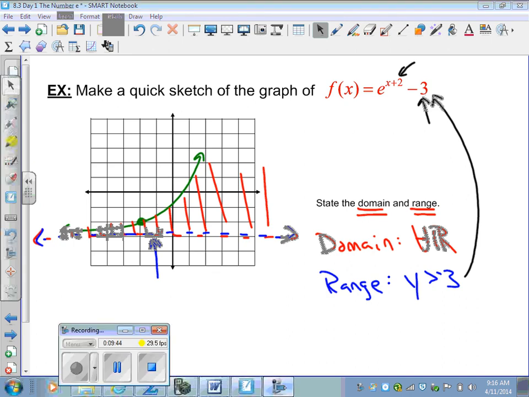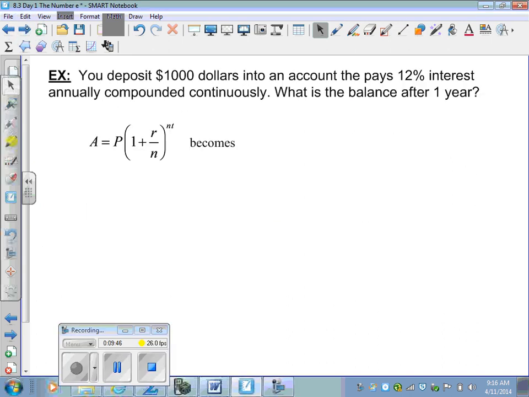Okay, so let's look at 2 application problems. We'll do one at a time. So let's say we deposit $1,000 into a bank account. Again, we're going to get an astronomical 12% interest, 12% annual interest compounded continuously. Here's a key word for you. Write that in your notes. If you see the word continuously, in fact, I haven't told you the rest of this part yet, if you see the word continuously, this is going to tell us